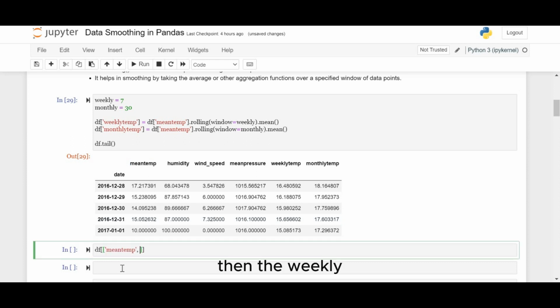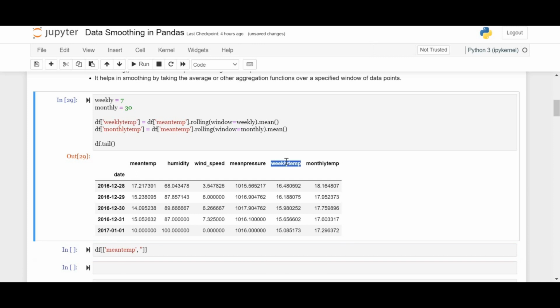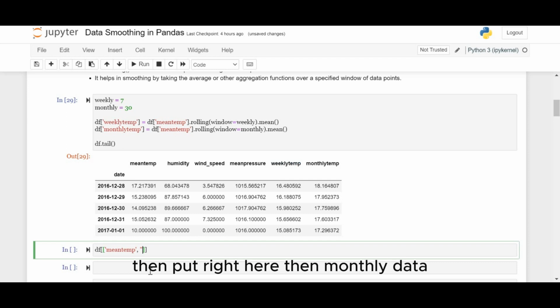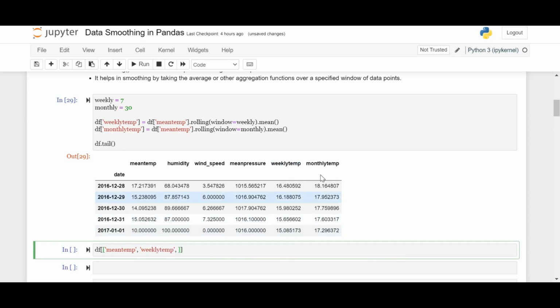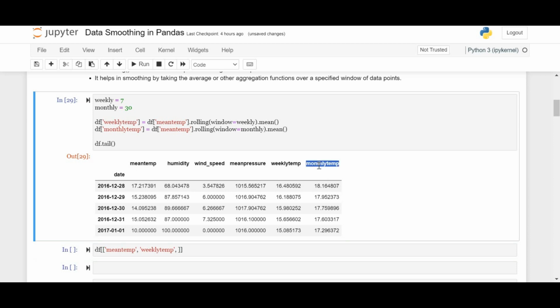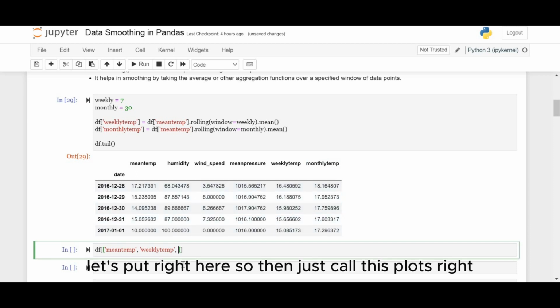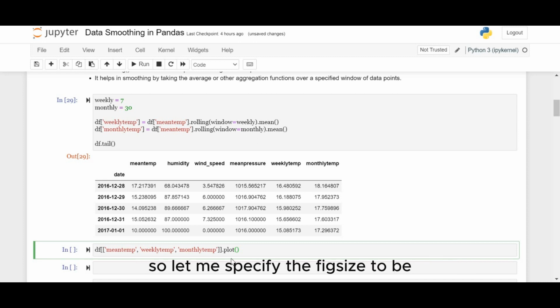Then the weekly data to input right here. The monthly data, put right here. So then just call this plots. Let me specify the fig size to be